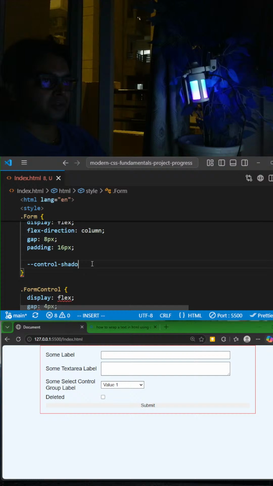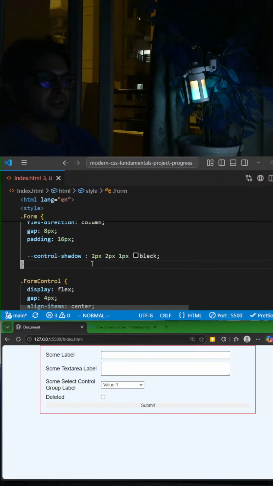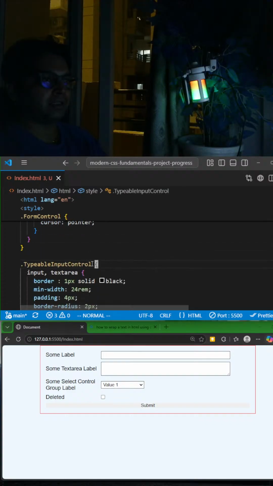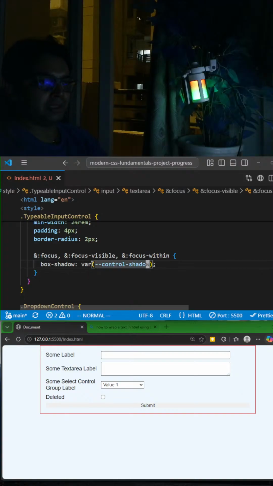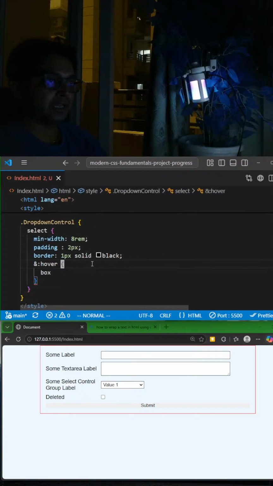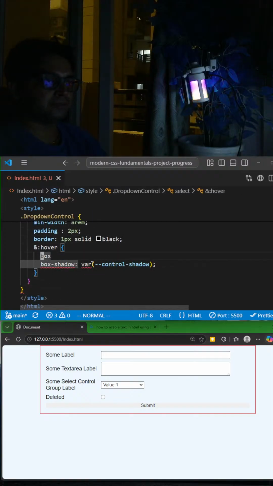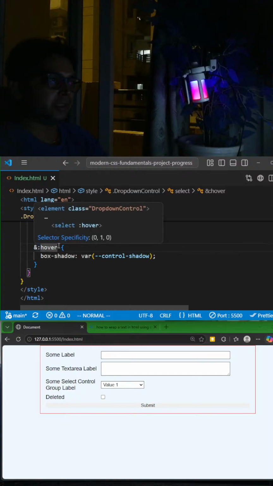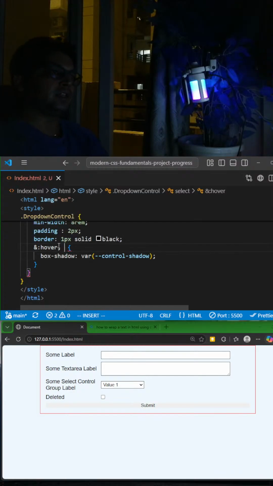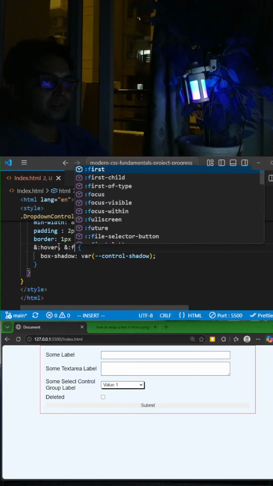Control shadow is equal to this. Control shadow, and I will be back here, and this is going to be available to its children, to all of it. Suppose on focus,